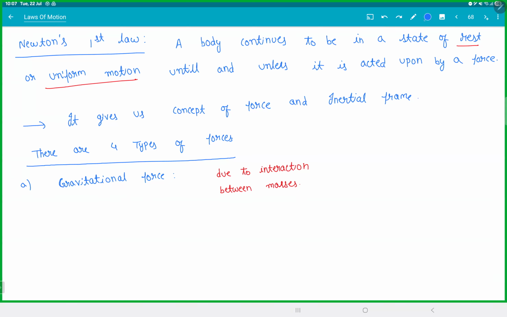So a gravitational force is due to the interaction between the masses, and this thing has an infinite range. Meaning it can interact with bodies up to very long distances, and it's a very weak force. So if you talk in terms of range and strength,